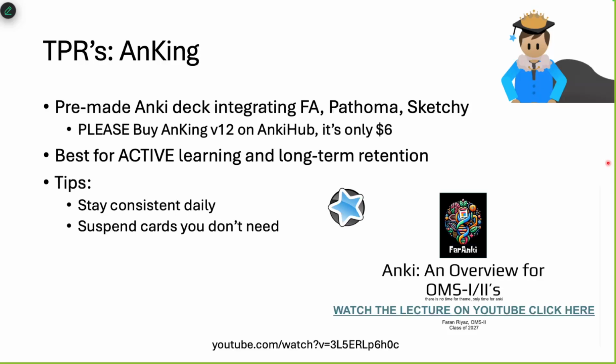This is obviously a privilege scenario, because if you're not doing well in your classes, you should not be board prepping on top of it. You need to focus on passing your classes. If you find that studying for boards on top of studying for your in-house exams is too much, drop it. Once you finish anatomy and physiology, you go to 4-day weeks. You can dedicate one whole day to board prep, catching up, and all that. So it gets a little easier, but remember that your grades come first, and passing your classes is more important than